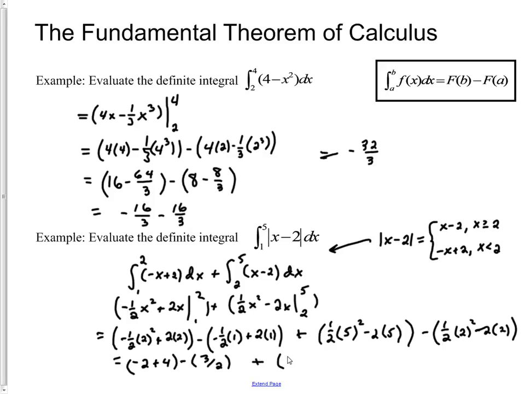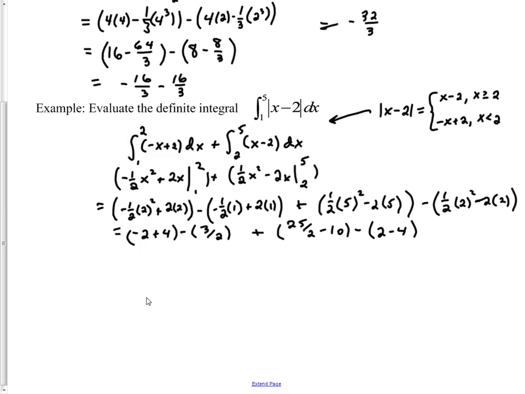Well, it's going to be 25/2 minus 10, and we're going to take away from that, in this case, 2 minus 4. Just a little bit more work right here shows that we have 2 minus 3/2, added to 5/2 plus 2,